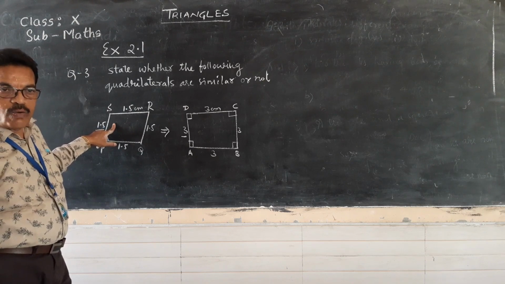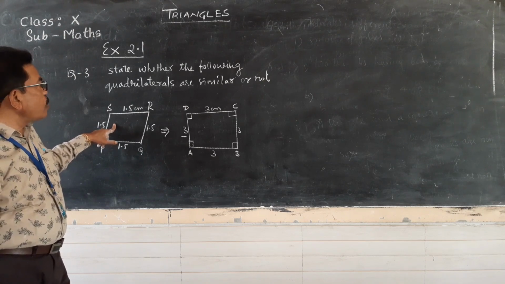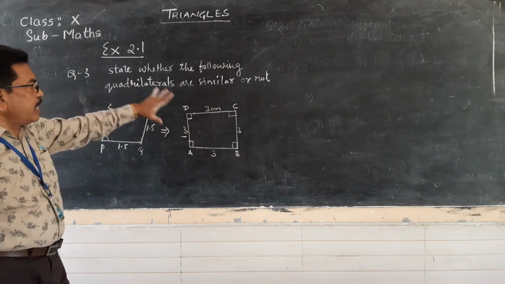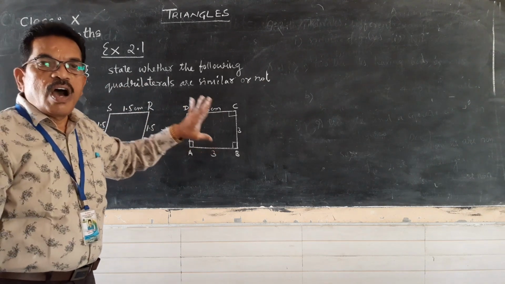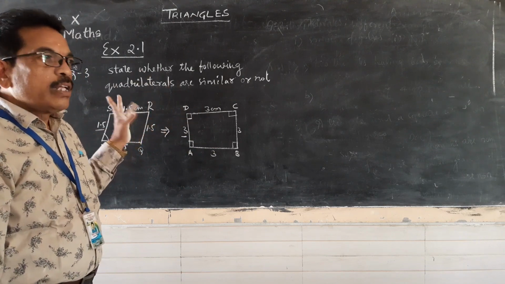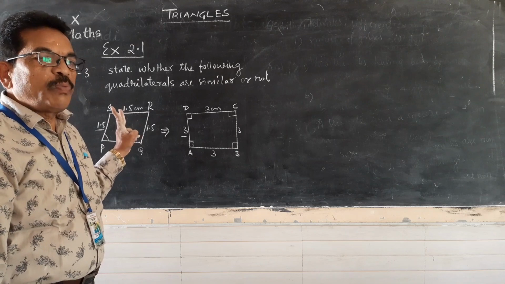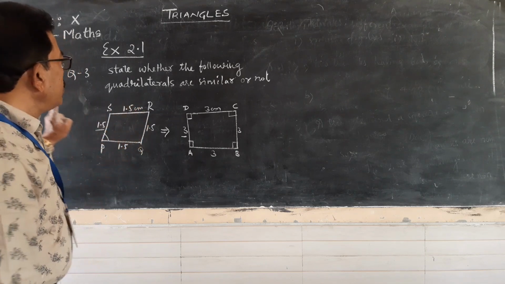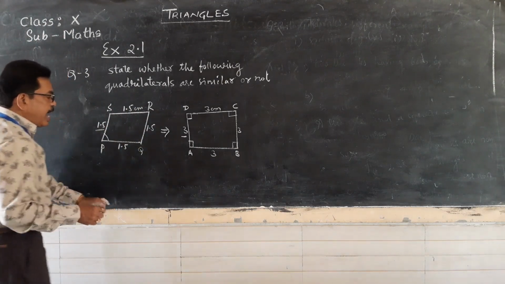So what is your conclusion? The given figures are not similar. Only one property is satisfied by both figures, but the other one isn't. So you have to write: